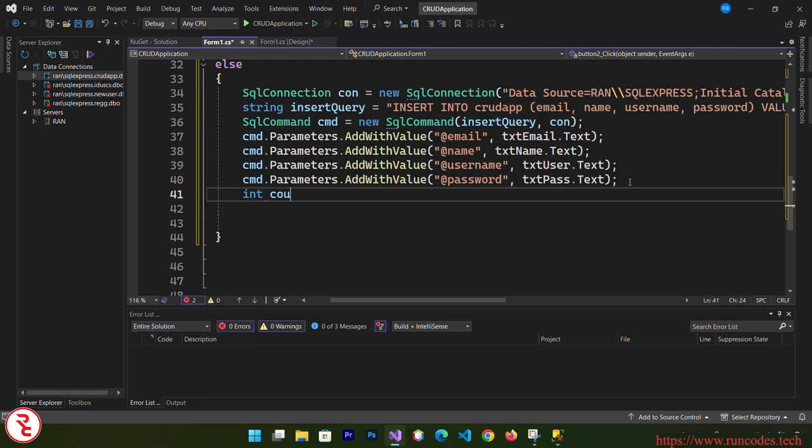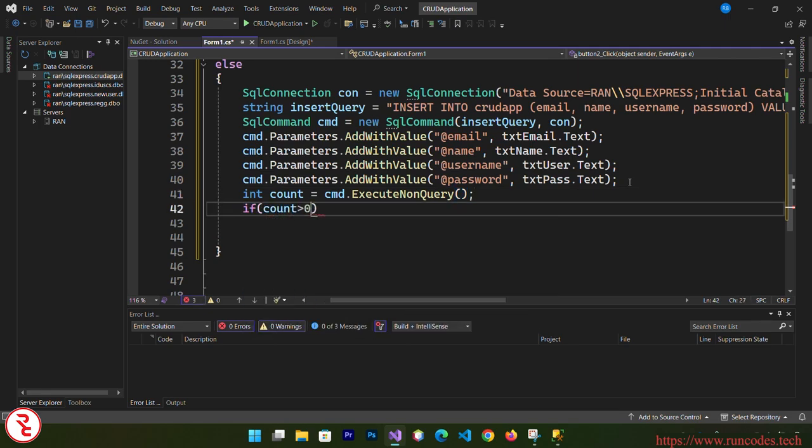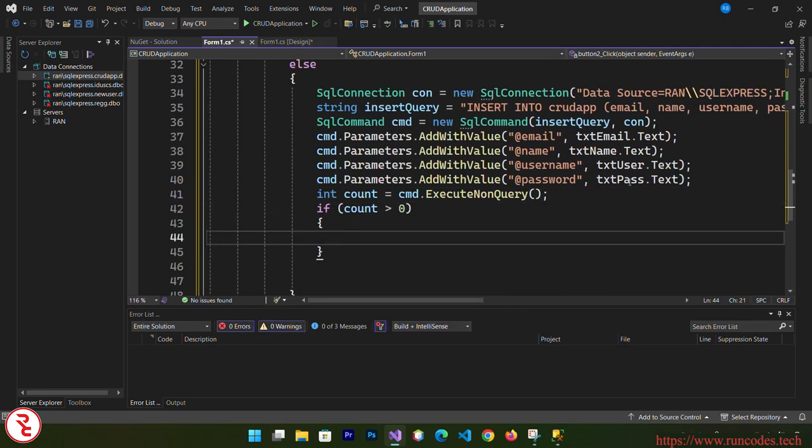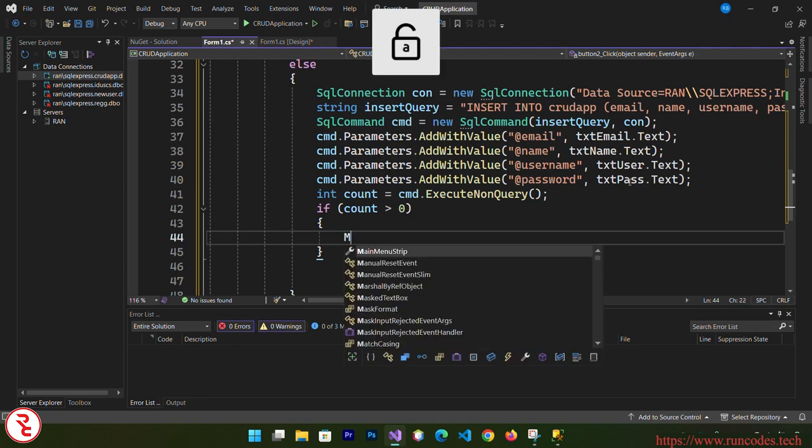Int count is equal to cmd.ExecuteNonQuery. If count is greater than 0, that means the database row is affected by our query, then what we are going to do is display a message box